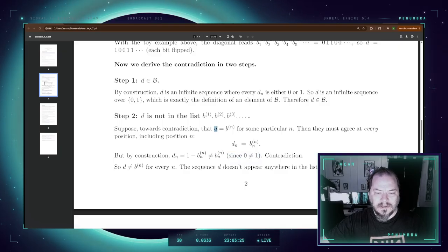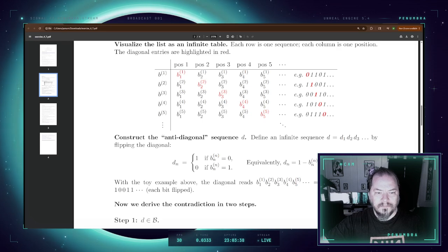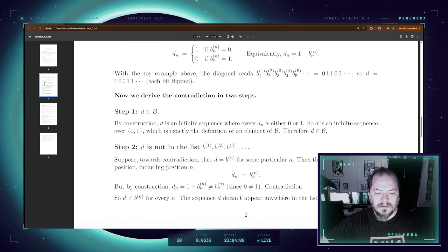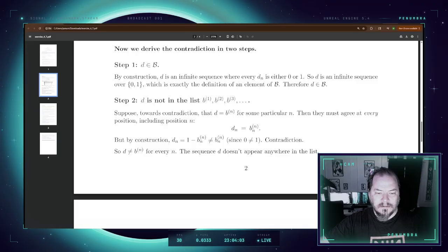And by the way, D is for the diagonal. So there's at least one bit that does not match the B sub n of any enumerated binary string, which is what I was showing. So if this matches, right, if we set the diagonal equals B sub 2, and we take this diagonal and we flip each bit, then this bit is not going to match. So position 2 of B sub 2. And this is position n of B sub n,